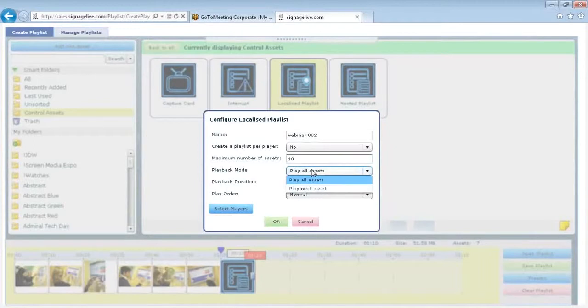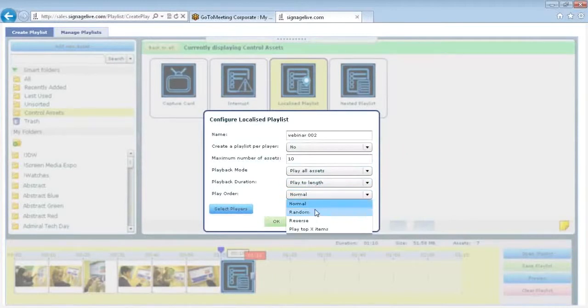We then need to select the playback mode, so we can get it to play all of the assets or play the next asset. Playback duration, play to length, or play for a set duration, and then the playback order. So you've got normal, random, reverse, or play the top X items. And now we need to select the players that this localized playlist will be played on. So if I hit select players,